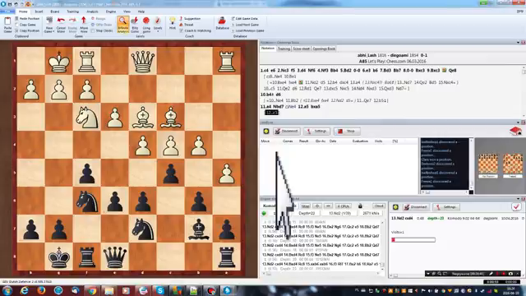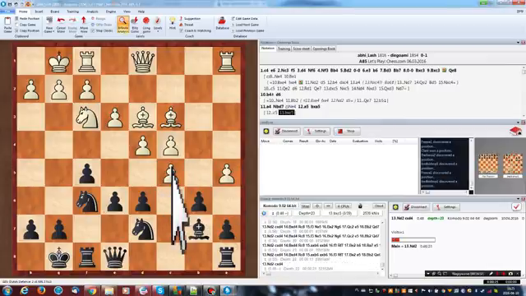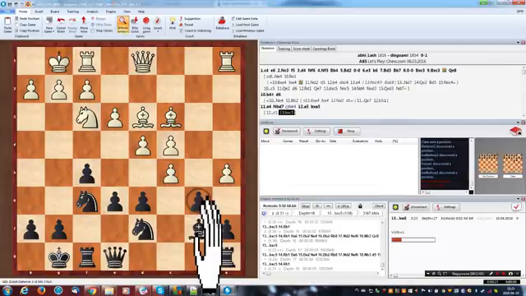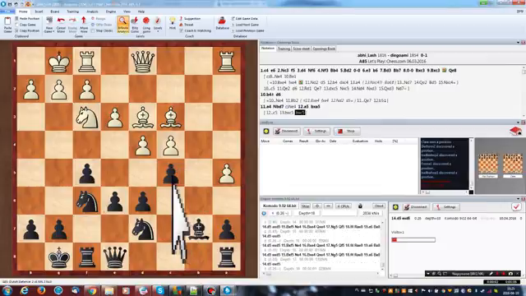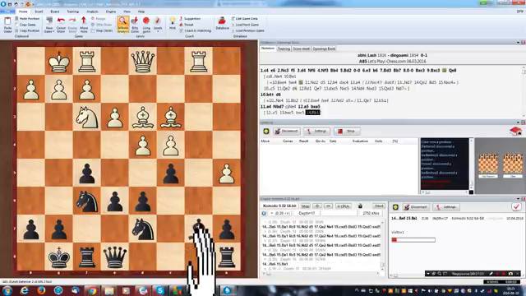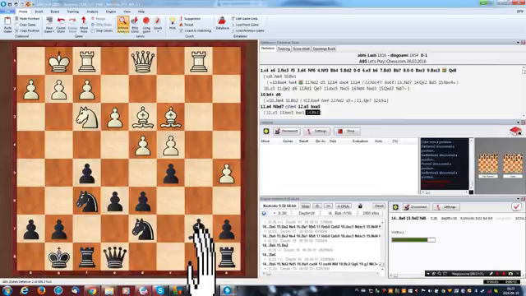Well, it's kind of a weird move now. Knight d2. White can just play this, there, bishop c5. And if, look here, I can go bishop a6. Well, it doesn't look quite bad. c5 would be a good pawn break. I fail to see